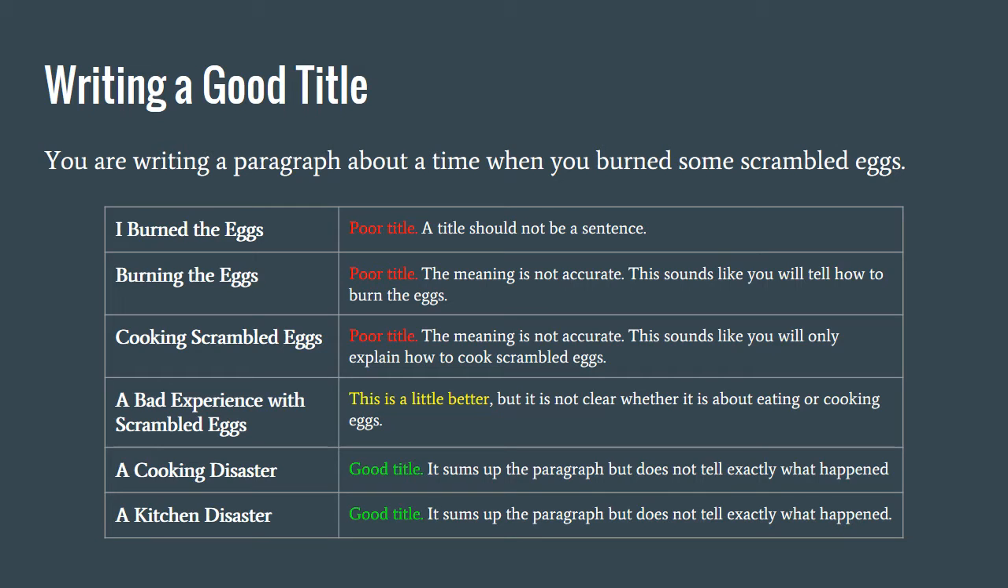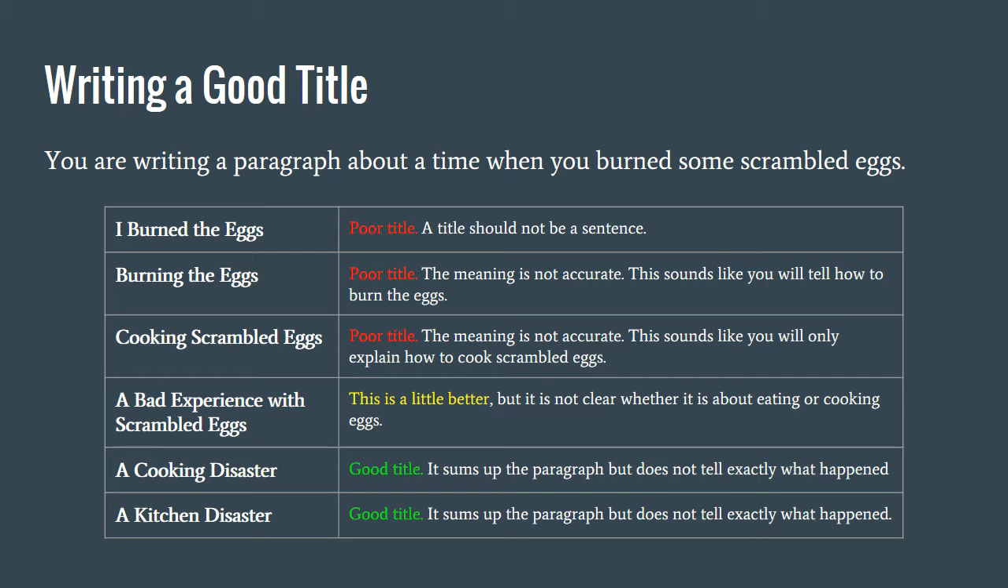"A bad experience with scrambled eggs." Better. However, it's not clear whether it's about eating or cooking eggs. So let's look at the last two. "A cooking disaster." Good. It sums up the paragraph, but does not tell you exactly what happened. "A kitchen disaster." Okay, good as well. It sums up the paragraph, but does not tell you exactly what happened. So those are great titles to just be a good example to you of how you should